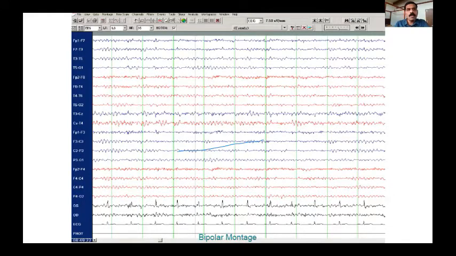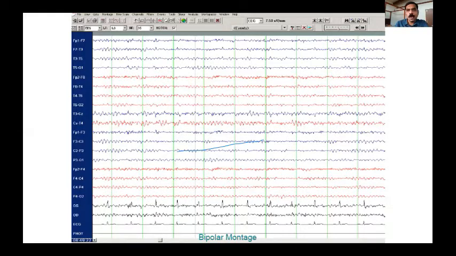After you've seen the montage, then we go to the sensitivity. Sensitivity is also called the gain. It refers to the amplitude of these waveforms. When you see the waveforms and you look at amplitude, or to describe the amplitude, we use the term sensitivity. The gist is you choose a value here. You can see here, this is the sensitivity, and here it is 7.5 microvolts per millimeter.